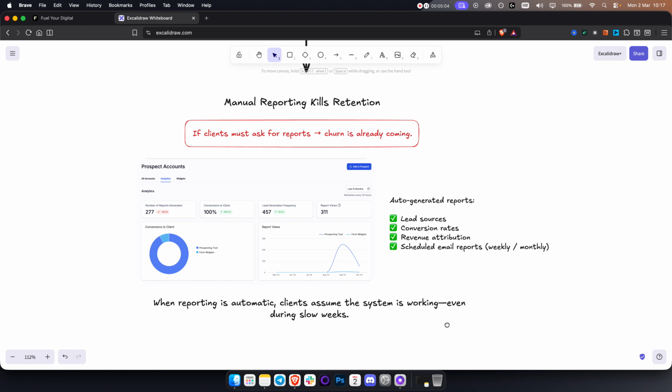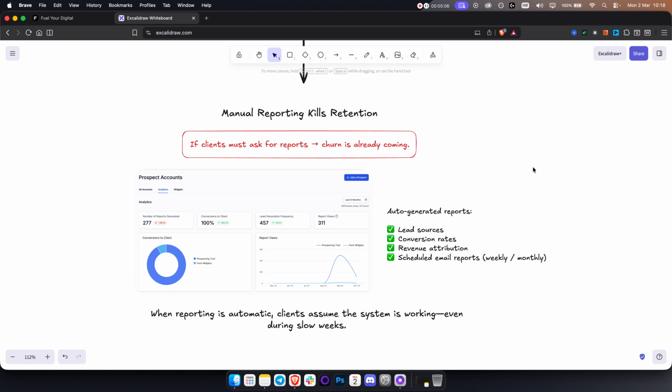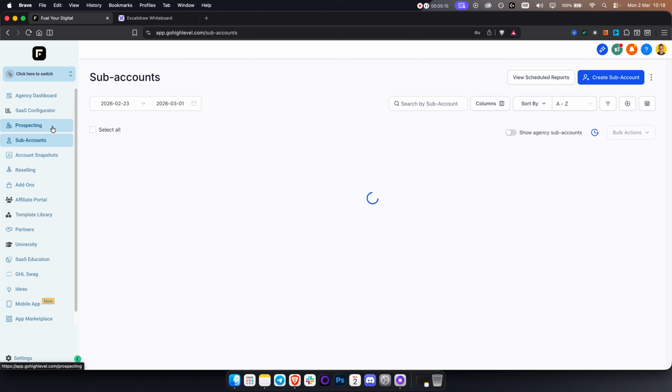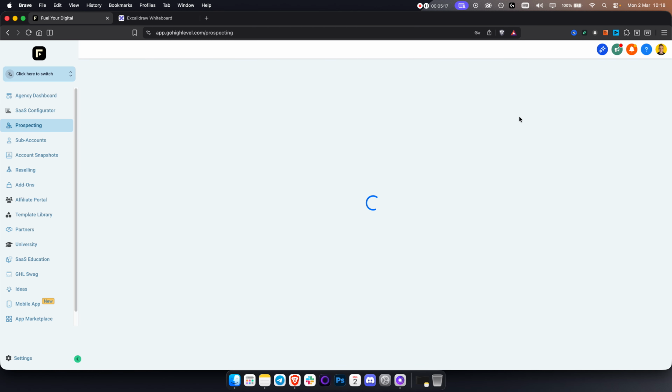That's why agency can sometimes be hard, and it's like, in a hamster wheel, basically. So again, this is really important. Again, you can do this as well in Go High Level. It's quite simple. You can go to prospect accounts. For example, right here, if I go to agency view, you have prospecting, and you can add a prospect manually